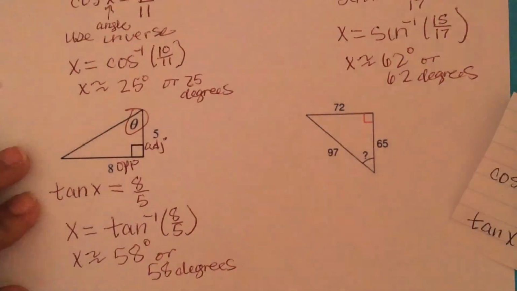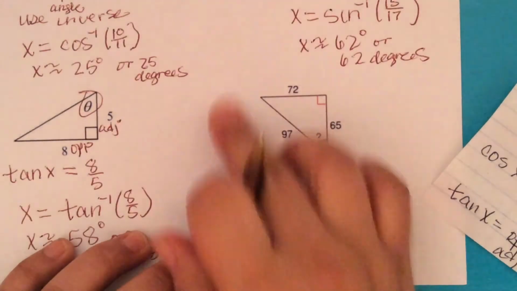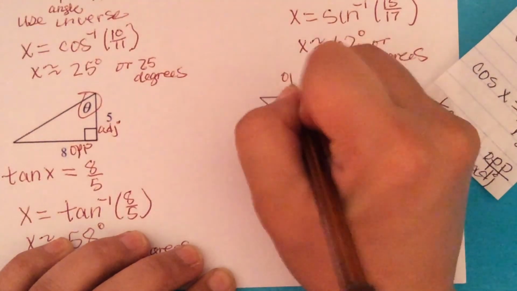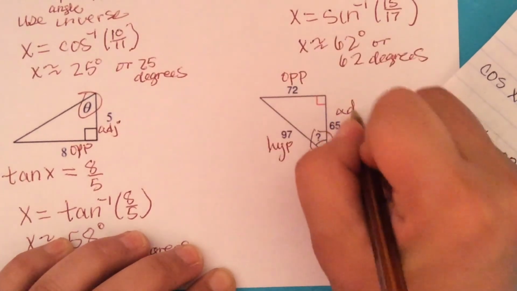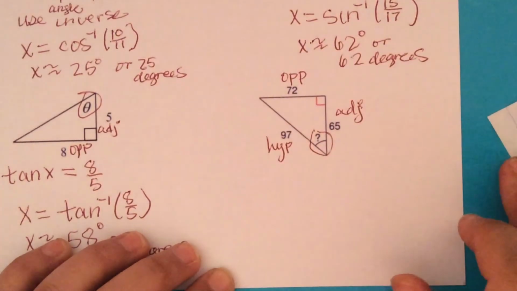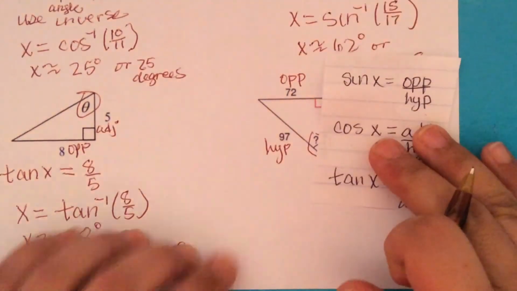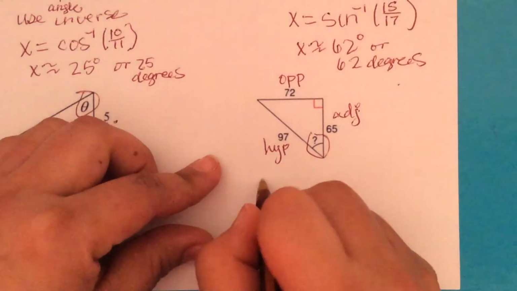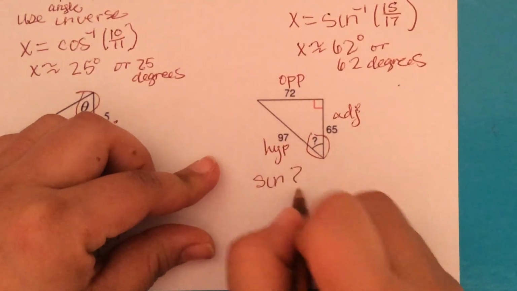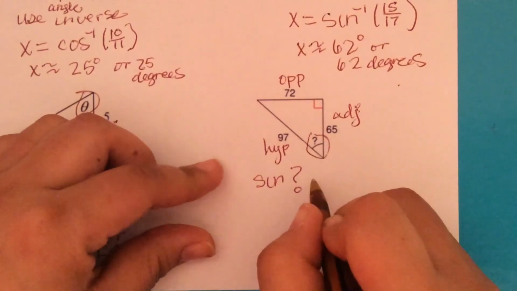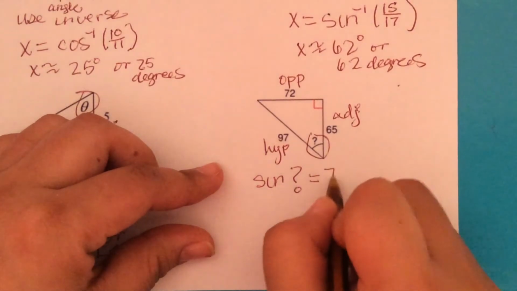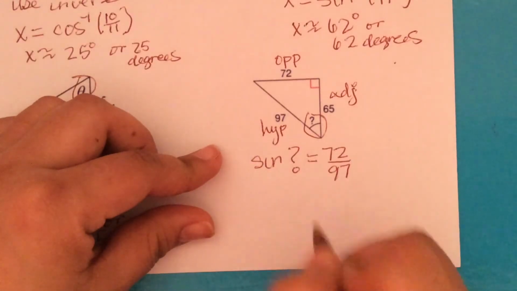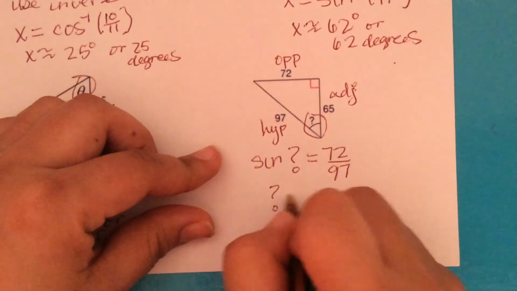Okay. Now the last one, you have all three sides, but let's label them. This is the hypotenuse, this is the opposite, this is the adjacent. And here you don't have to think, you just pick one because you know all three sides. So because sine is the first one, I'm just going to use opposite over hypotenuse. So I'm going to use sine of question mark, because that's the angle I need to know, is equal to the opposite over the hypotenuse. And so to find the angle, the question mark angle, that's the sine inverse